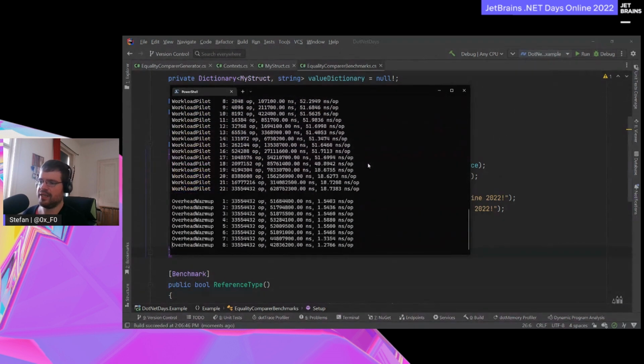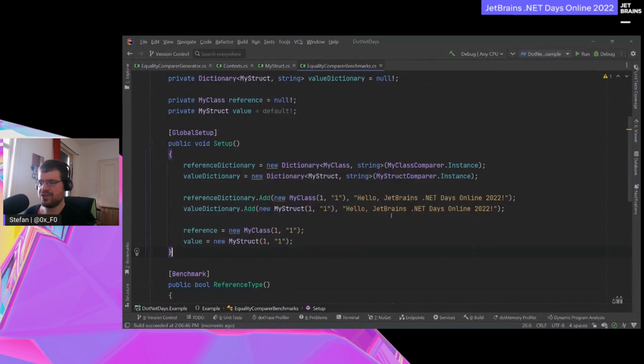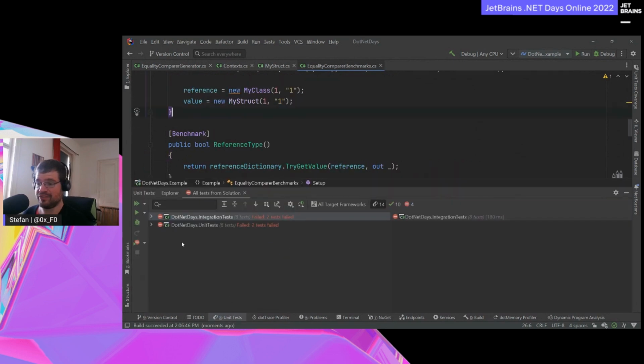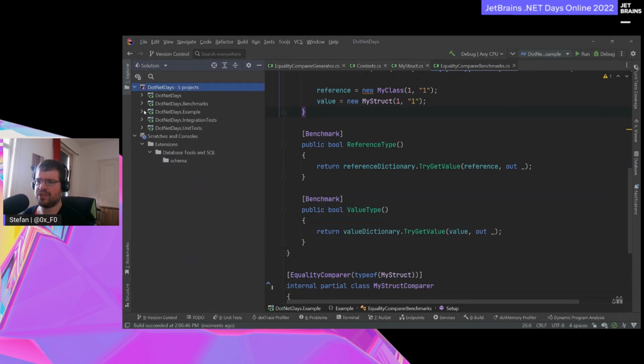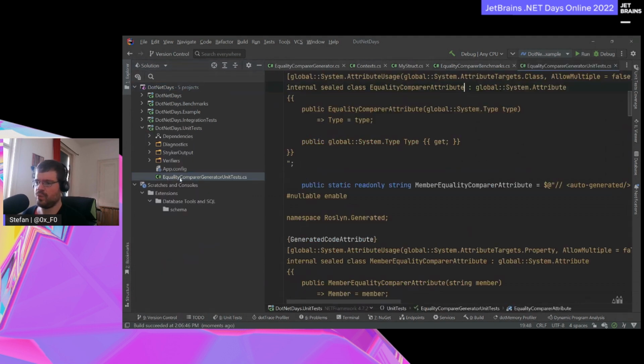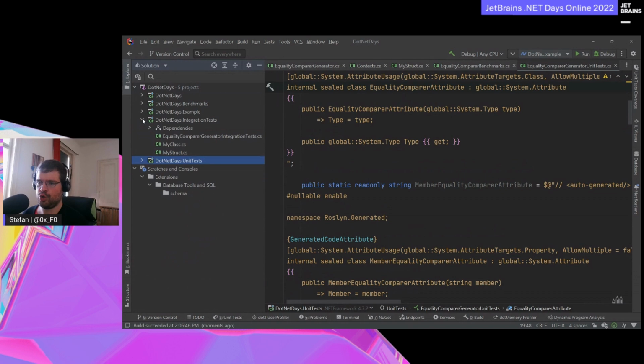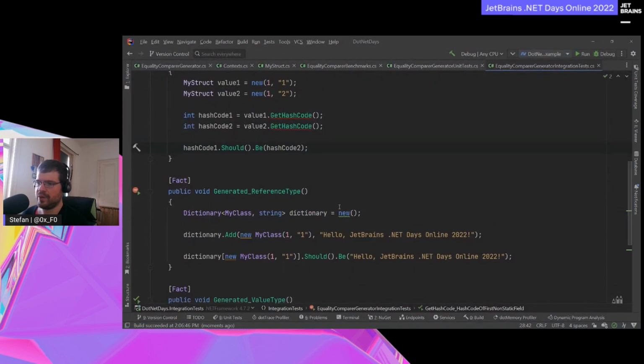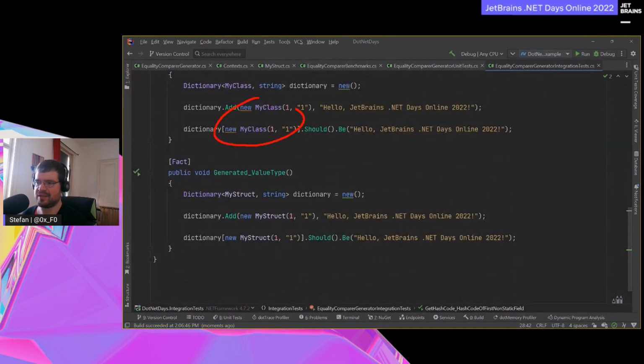Yes. And while this runs, let's also have a look at our tests. So the other example that I showed was this test where we couldn't, this should be here, there they are, where we have an issue of finding this class again